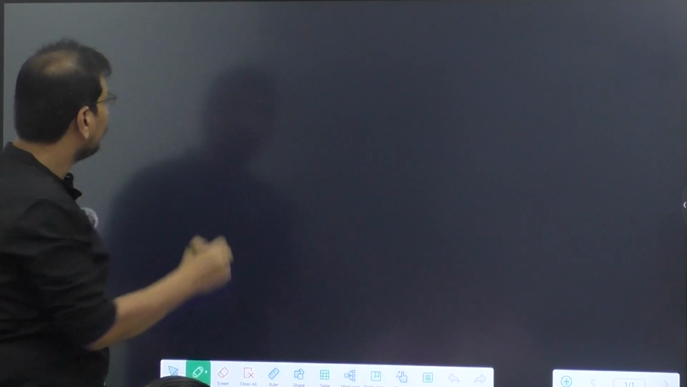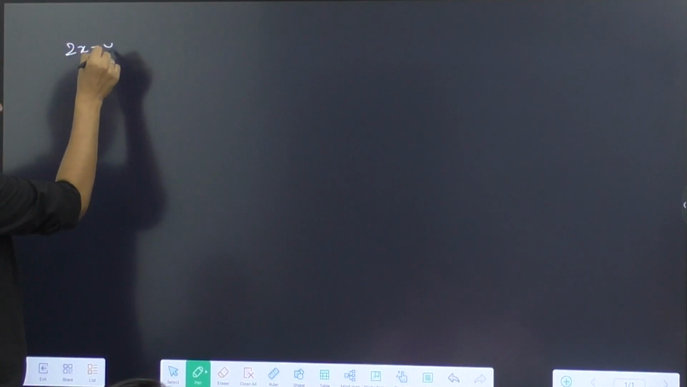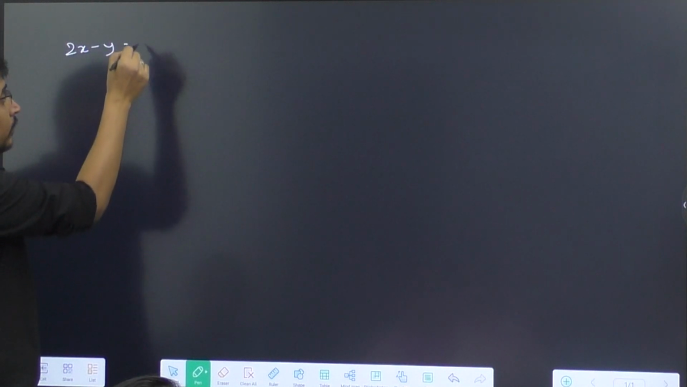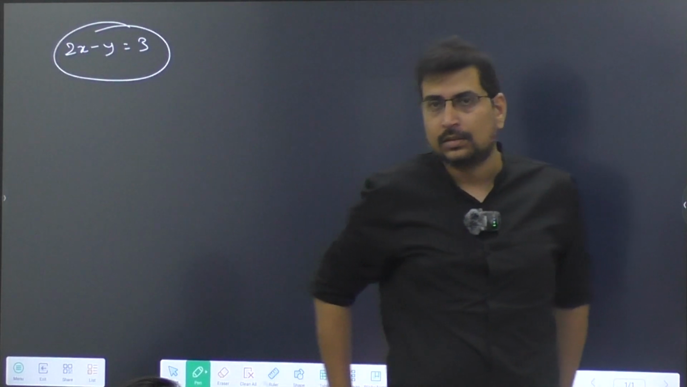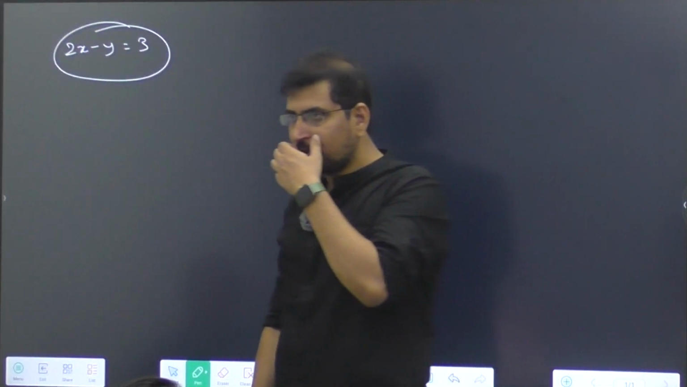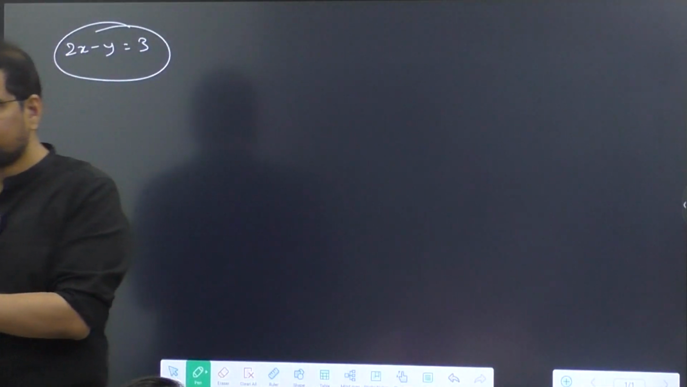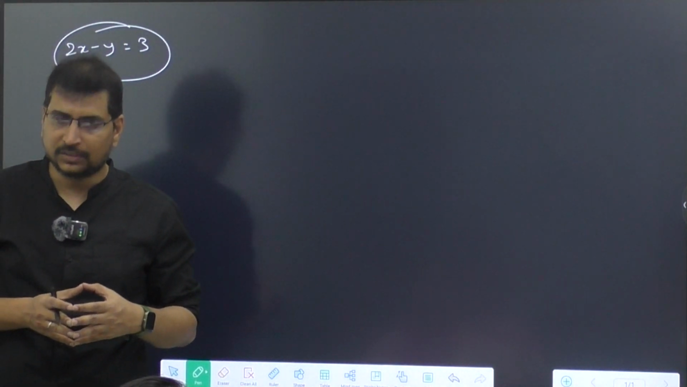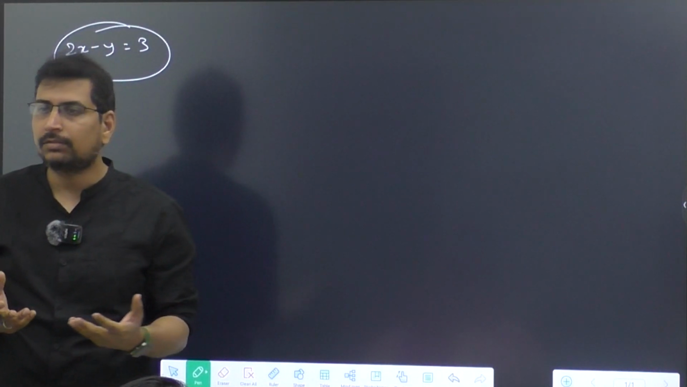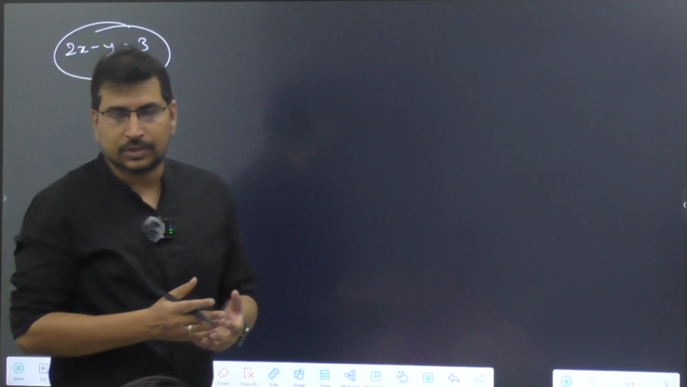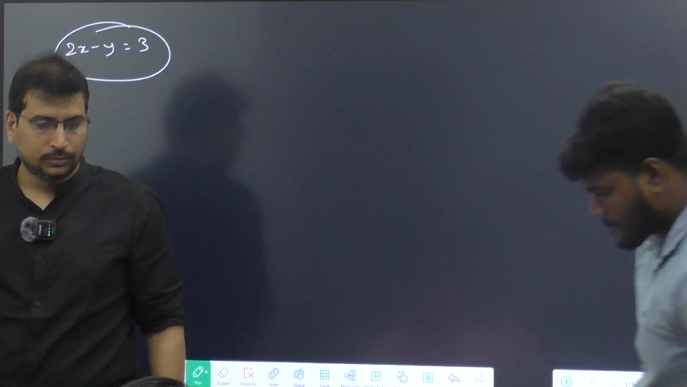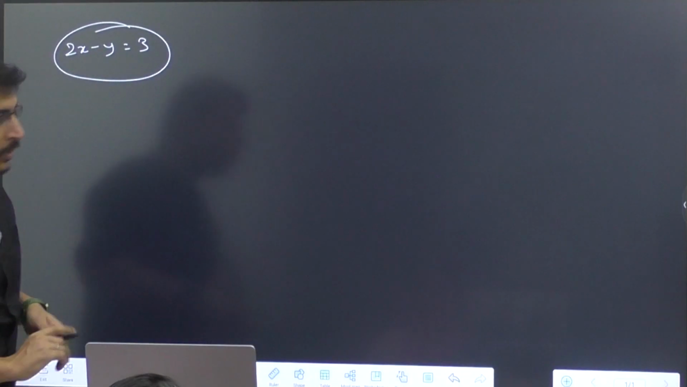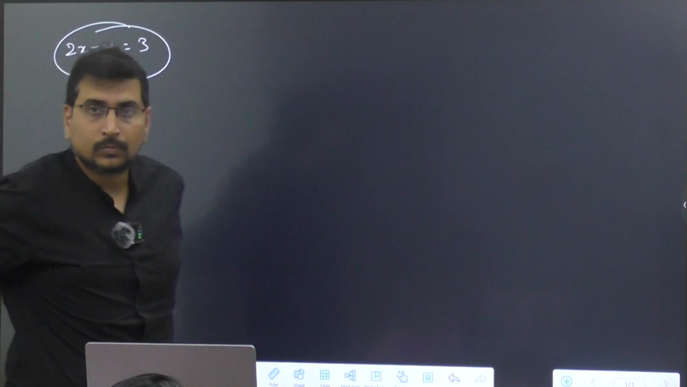2x minus y is equal to 3. So what are we going to do to this? You will find, if I ask you what is the solution of this, what will you say? Does it make sense? I should not put the question saying what is the solution, rather I should call it what are the solutions. So 2x minus y is equal to,